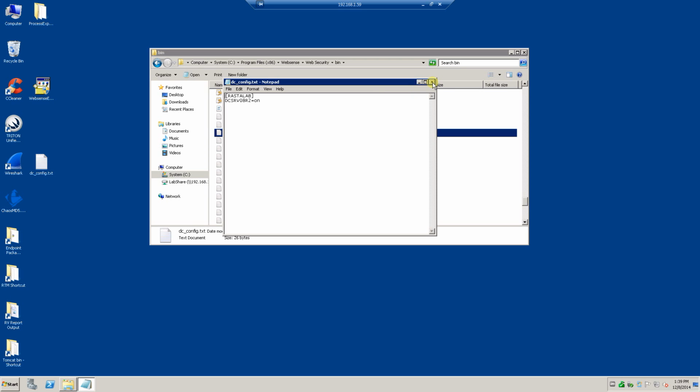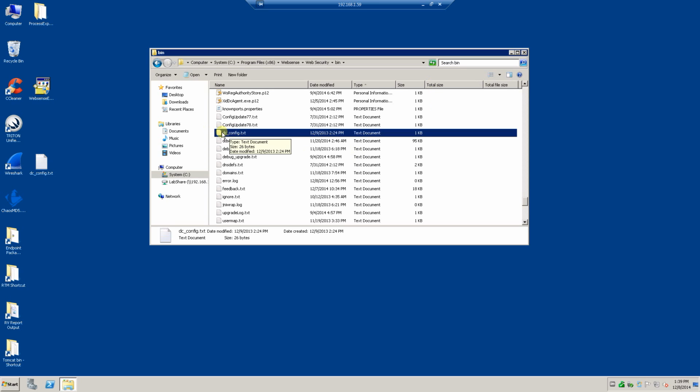So, once you've gotten DC Agent installed, you've verified that this dc_config.txt file is created, then you can move on to configuring DC Agent on the actual either web security filtering servers or web security servers or the appliances. You'll want to configure it on those as well, so they are picking up that user map that DC Agent is actually creating. So what you'll do next is then go to